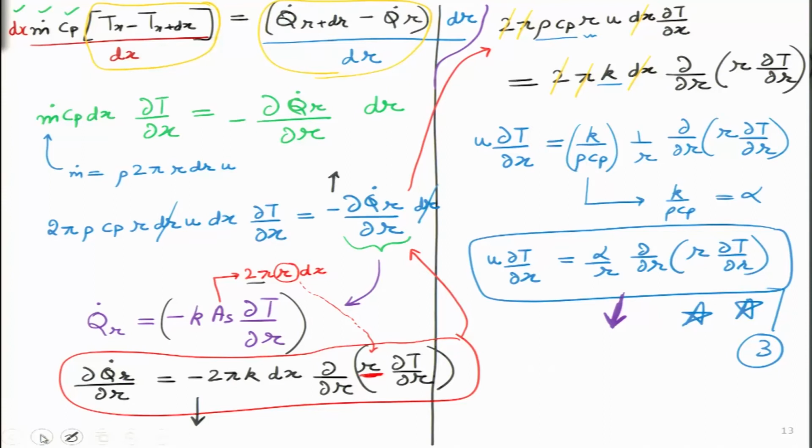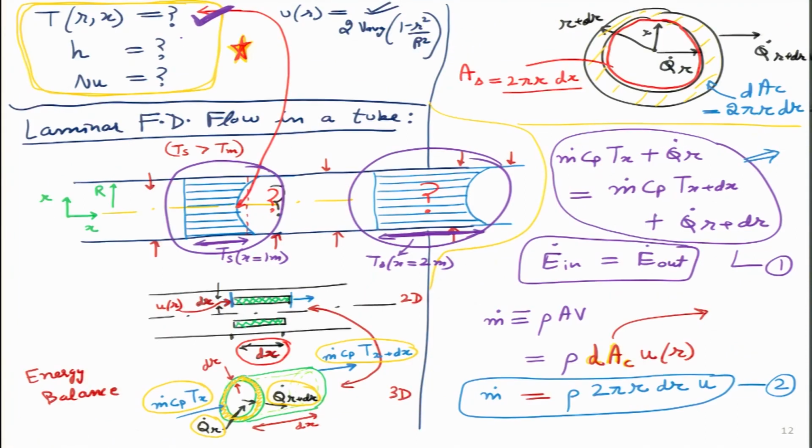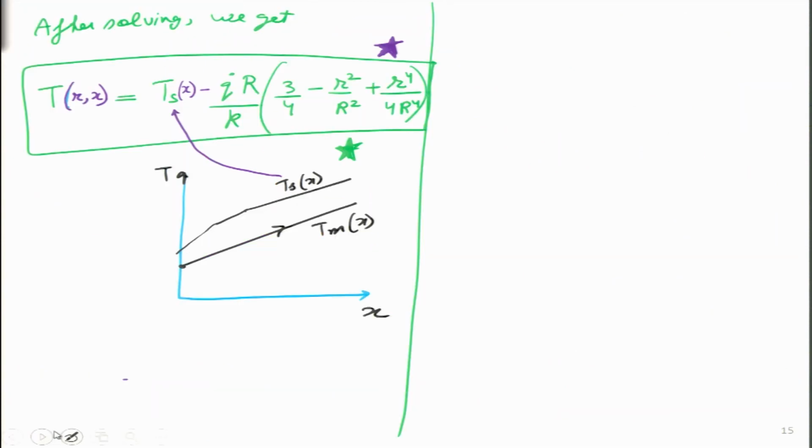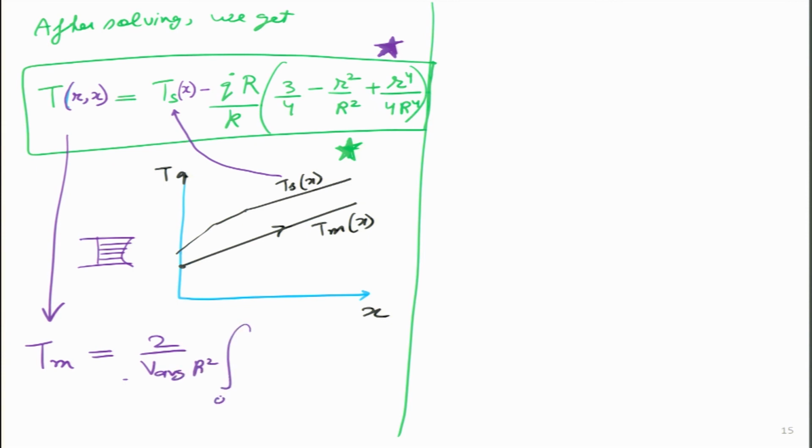Now, let us go back over here, and we have two more unknowns. H value is unknown and Nusselt value is unknown. Here again we will get a very beautiful result, and all we need to do is, based on this, calculate the mean temperature. If I know the temperature profile somewhere, I can always calculate the mean temperature. And you remember in the first lecture we gave that expression also. I will write that expression from 0 to r. It is simply T u_r r dr.